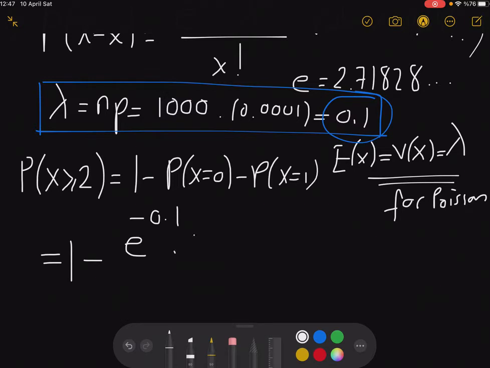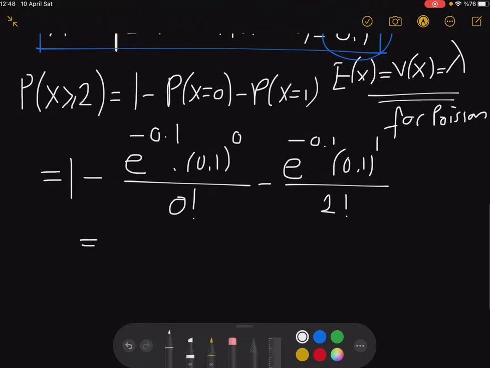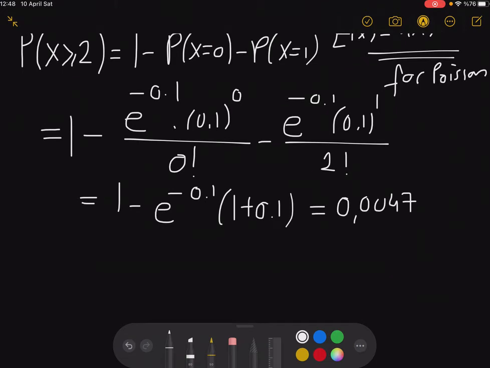And times 0.1 over 0 factorial, plus, not plus, I'm sorry, it is minus, right? So it is minus e to the power minus 0.1, 0.1 over 1 factorial. So the result will be 1 minus e to the power minus 1, which is 1 plus 0.1. This is its coefficient, and the result will be 0.047. That's the idea, and it's approximately, what is this? It's 0.47%